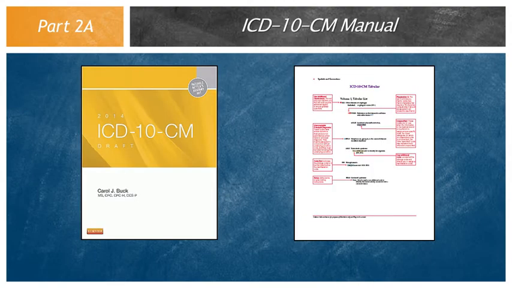The ICD-10-CM Coding Reference Manual is the main tool you will use to assign ICD-10-CM codes. It has instructions, symbols, and conventions which must be followed when coding. Take a moment to look at the symbols and conventions located in the first 7 pages of the Coding Reference Manual. This may appear overwhelming to you now, but don't worry. By the end of this week, you will be able to interpret the coding manual.